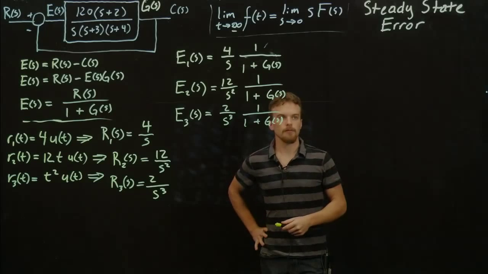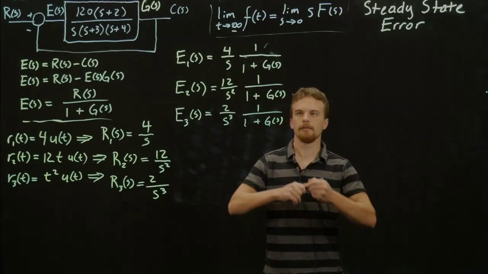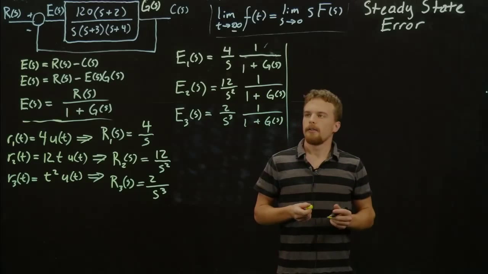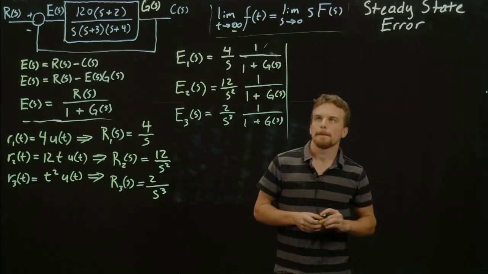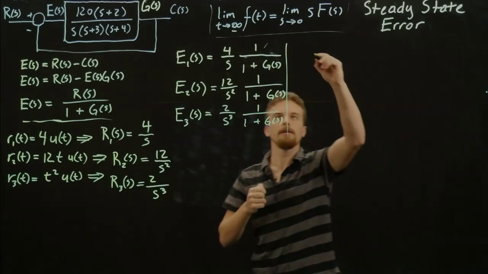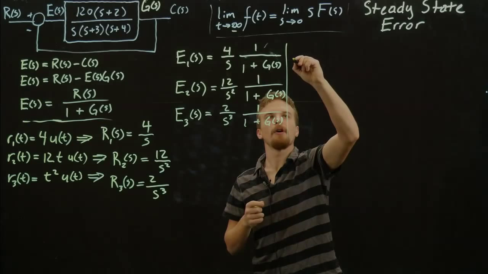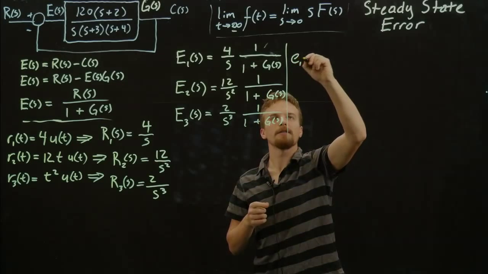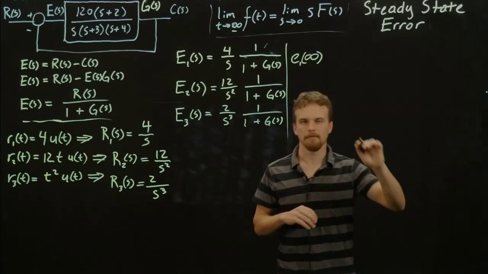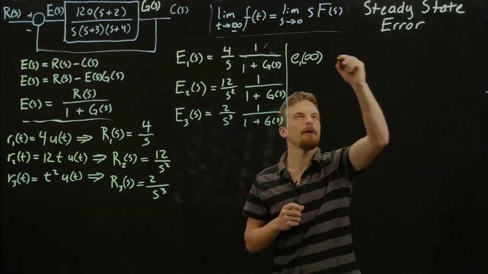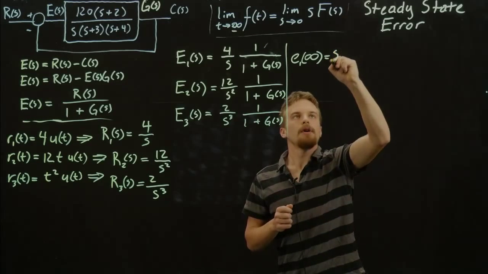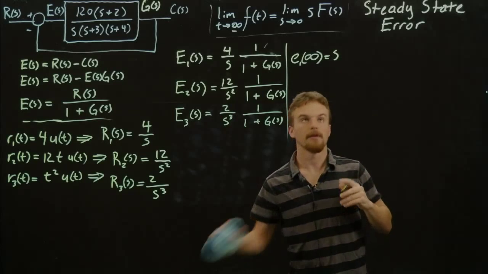So I guess we could start working over on this side of it. Okay, let's do E1 first. We'll call it E1. Now this is in the time domain. E1 of infinity. That's not technically good notation, but we know what we're talking about. That would equal the limit